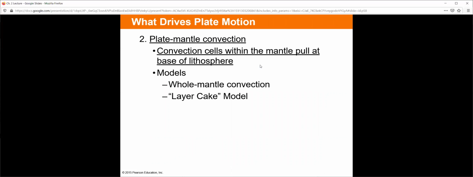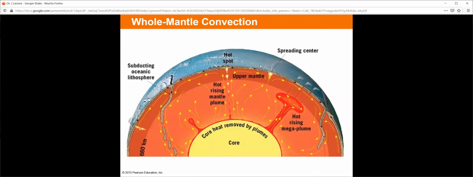Plate mantle convection is another perceived method for this. This is the layer cake model, essentially, the whole mantle convection model. Essentially what goes on with the whole mantle convection theory is similar to boiling a pot of water, right? You get yourself a pot of water and say you're doing macaroni or something like that. You get it boiling. Eventually that water is going to start rolling as it boils. As it starts rolling, the macaroni is going to move around within the ocean. If you have a piece of macaroni floating on top, it's going to move around with the convection of the